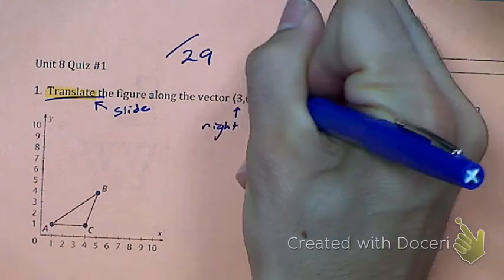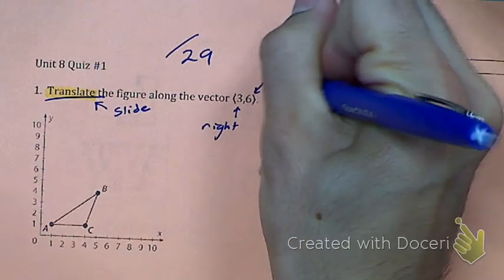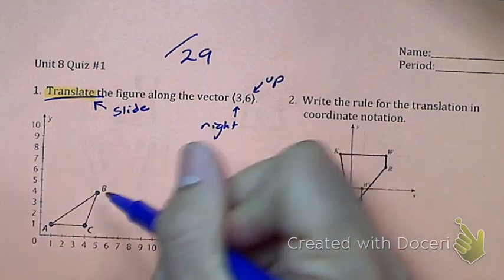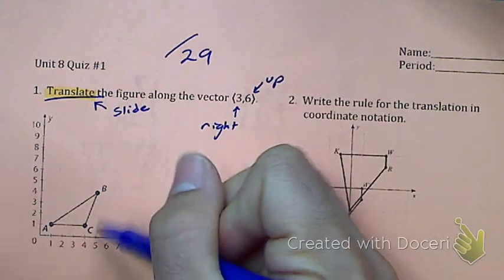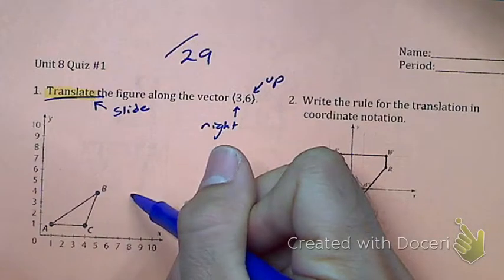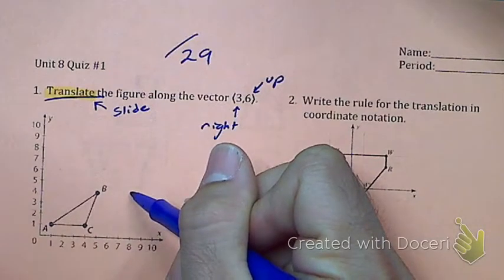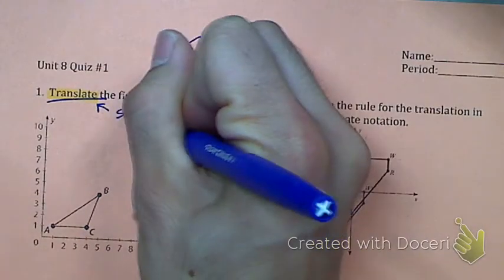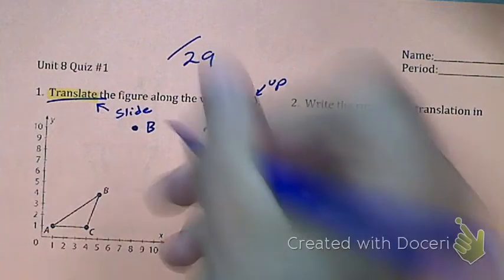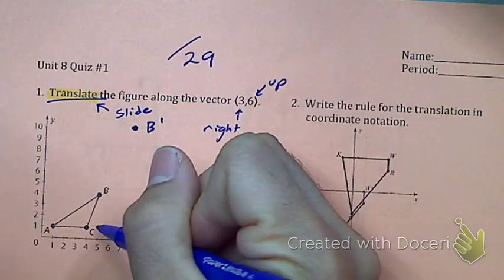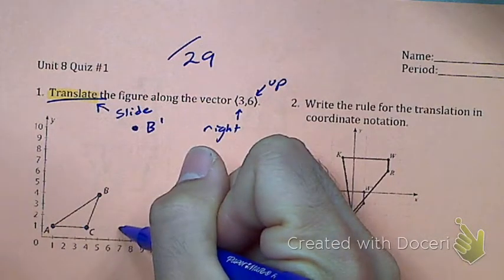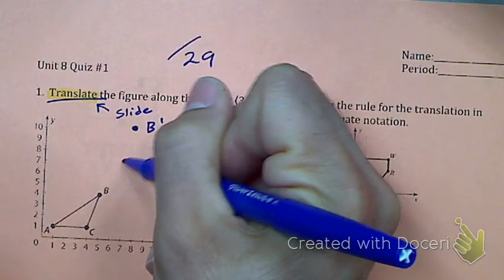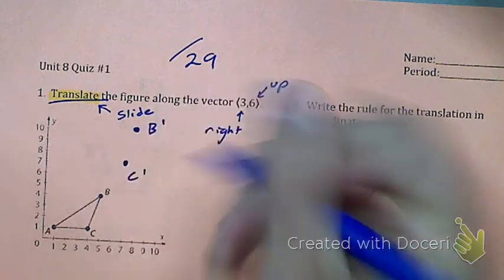And 6? Just kind of estimate it because you couldn't really see the lines. 1, 2, 3, and 6 up. B what? Prime, good. C prime and then